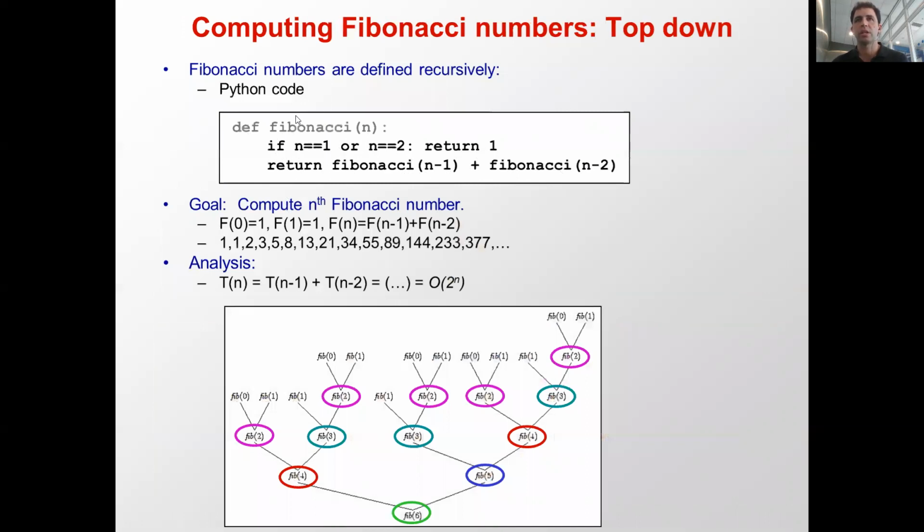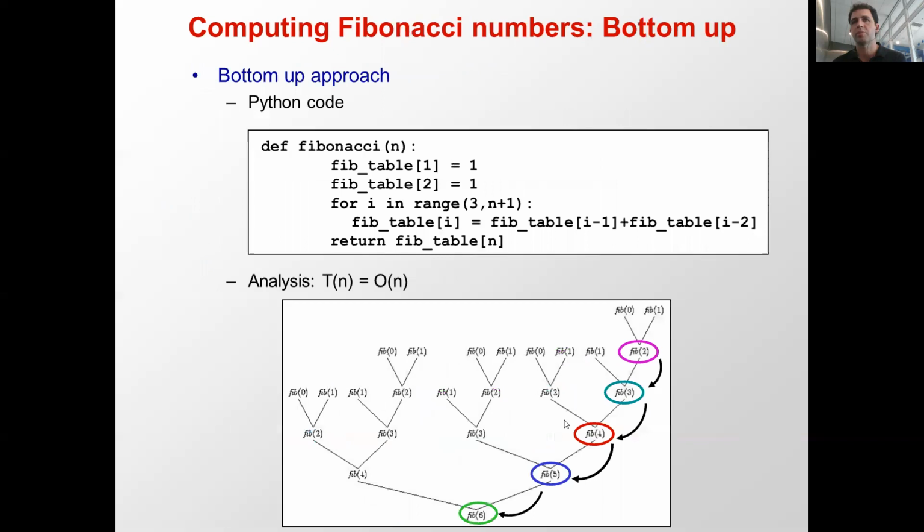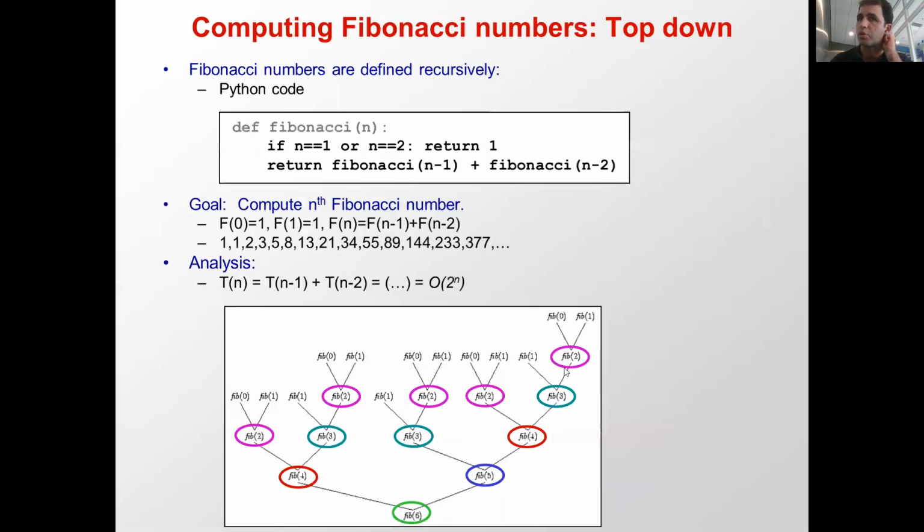But if you analyze the running time of this relatively simple piece of code, you end up with a lot of computation. To compute T of n, it's T of n minus 1 plus T of n minus 2. To compute T of n minus 1, it's T of n minus 2 plus T of n minus 3. To compute T of n minus 2, it's T of n minus 3 plus T of n minus 4. And you end up with these trees that are repeatedly nesting inside each other. And that, in fact, leads to an exponential growth in their runtime. So this is an extremely inefficient way